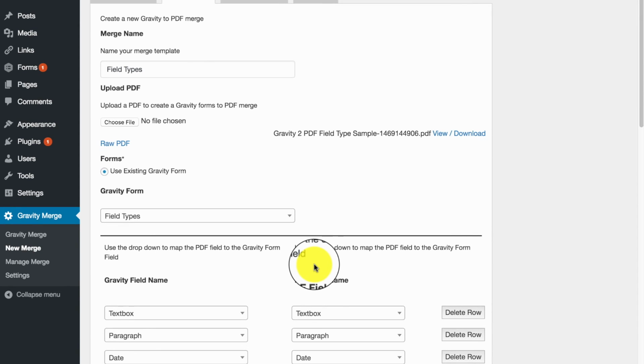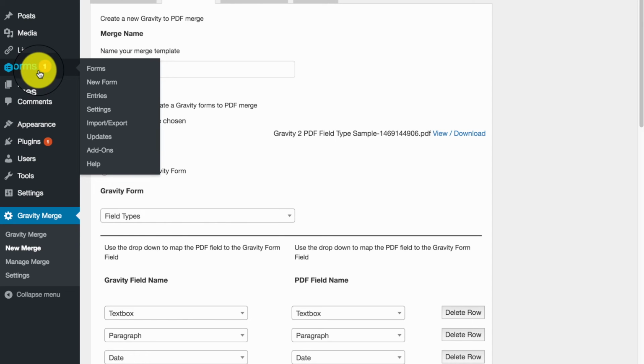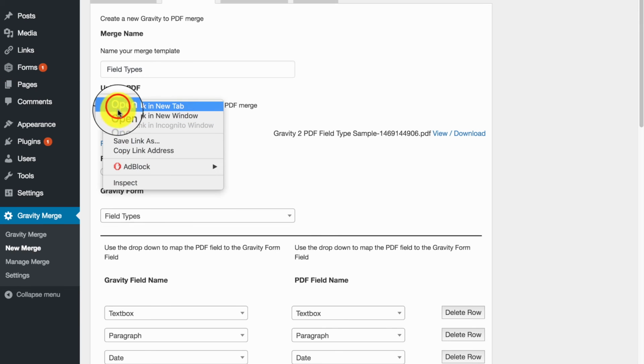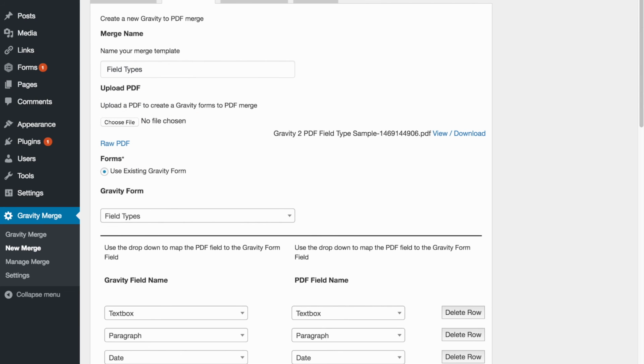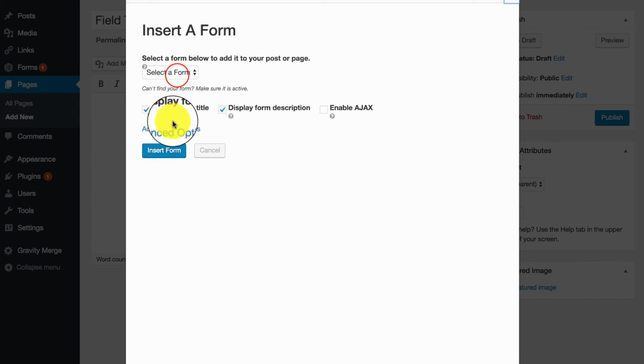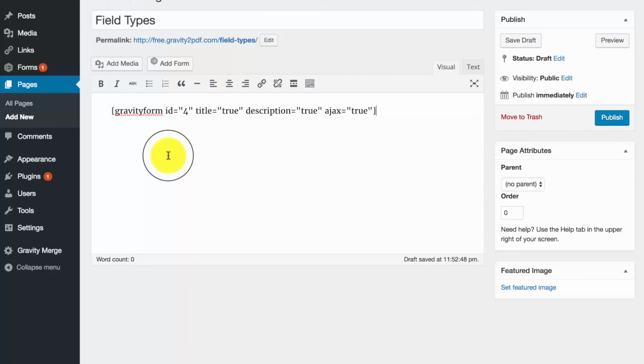and our merge is complete. The next step we need to do is actually put our form somewhere. So we're going to add a new page. I'm going to open that in a new tab here. And we're just going to call this field types. Keep it all consistent here. And we'll add a form. Field types, we'll enable Ajax, and we're just going to publish this form